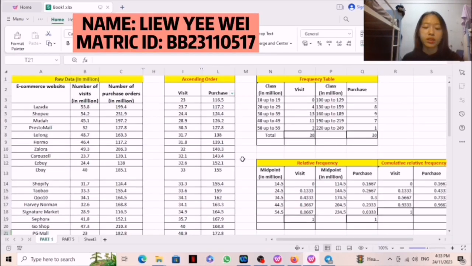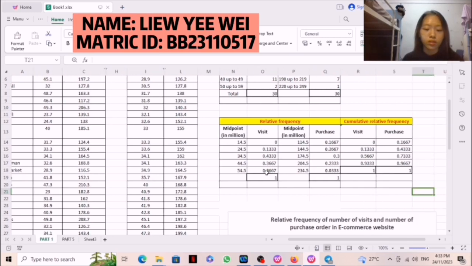Relative frequency can be defined as the number of times an event occurs divided by the total number of events occurring in a given scenario. First of all, we need to build an ascending order table and a frequency table that consists of the frequency of number of visits and number of purchase order in the e-commerce website. After that,